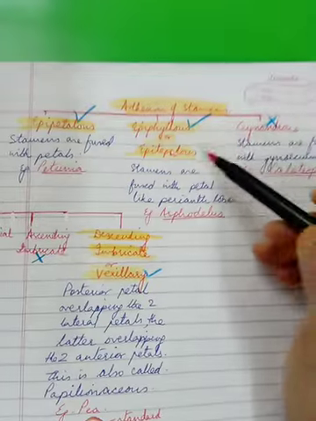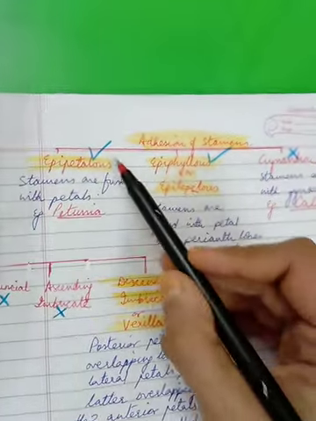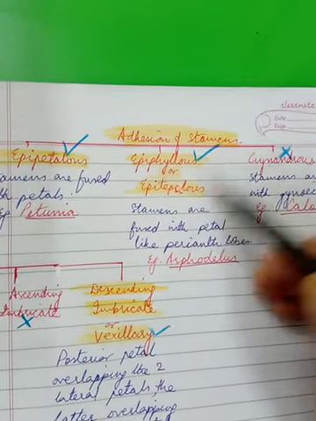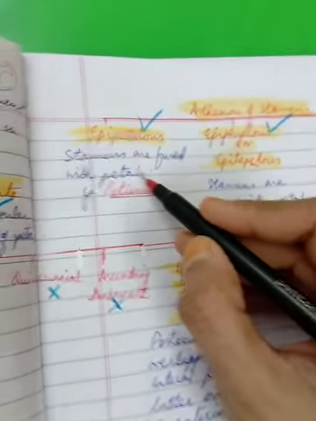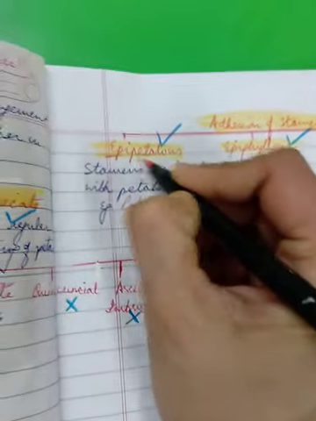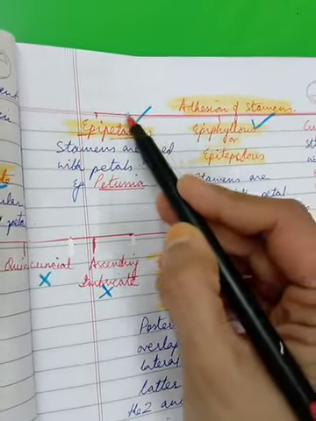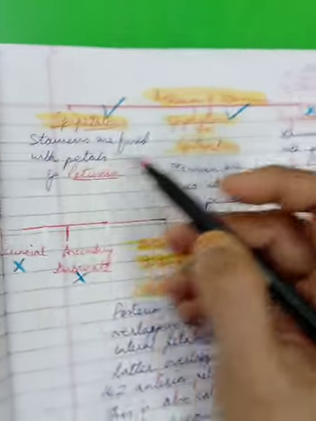Moving to another thing for today, adhesion of stamens. Adhesion of stamens, children, we have three terms to use but only two in your syllabus: epipetalous, epiphyllous or epitepalous, and gynandrous. Epipetalous: epi and petal, that means stamens are fused to the petals, right? And this is a condition seen in petunia.